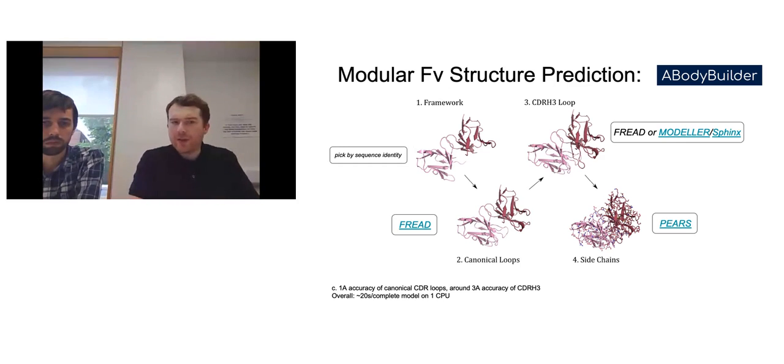So there are several different ways of doing full structure modeling for antibodies. The way we approach this in the group, with our tool ABodyBuilder, is to go back to this idea that we can split up the structural annotation of the antibody into framework region, canonical loops, and CDRH3. We can do exactly the same thing when we want to model the antibody. So rather than just feeding it into a full structure predictor, we can take the framework region and mine the structural data to identify homologs that we can use as structure templates for the framework region. We can then find structure templates for the canonical loops, which we're very confident we can do because you don't have very many canonical forms.